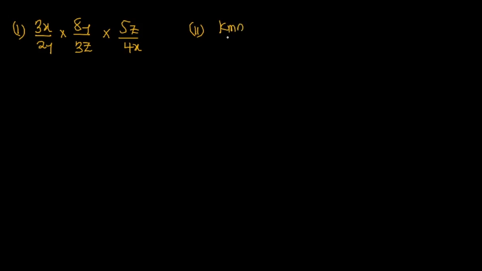So we have to simplify the following expression. 1, 3x on 2y multiplied by 8y on 3z multiplied by 5z on 4x. The second expression is kmn on 3n cube multiplied by 6k squared m cube on 2k cube m. Then the last expression